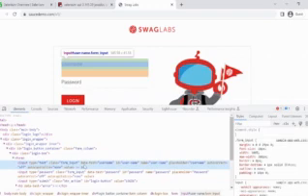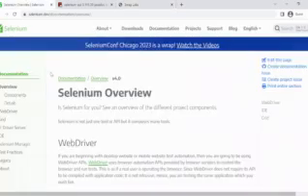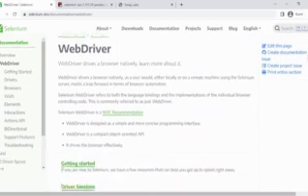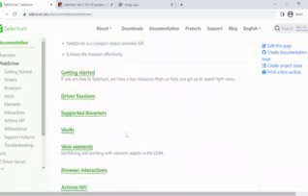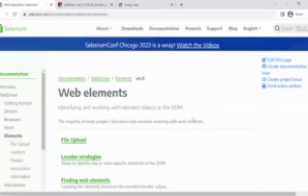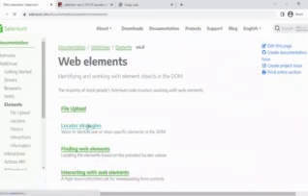There are various types of locators available in Selenium. Basically, Selenium provides 8 different types of locators in the older approach, but in Selenium 4 they have added a few more identification strategies, which we will see in the coming videos. If I take you to the official Selenium website, go to WebDriver, scroll down to web element, and click on locator strategies,